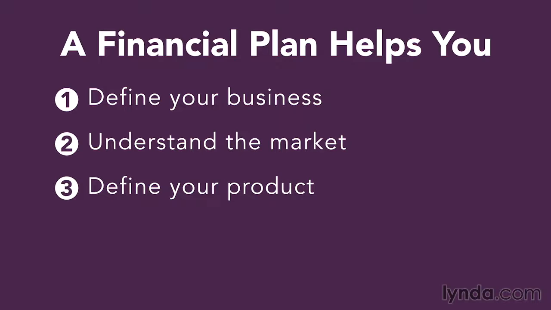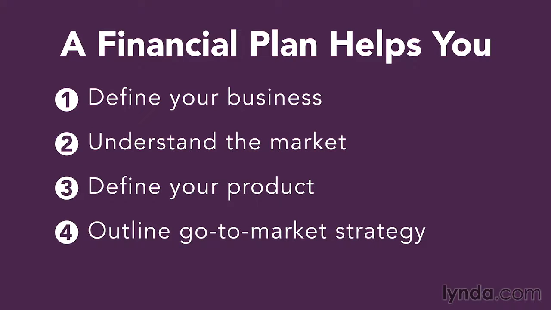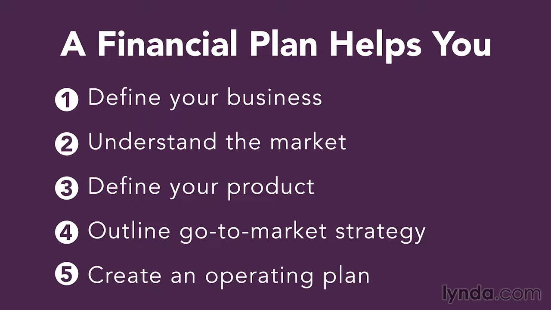Once you've defined that product, have a good understanding of how you're going to take it to market. After you've decided how you're going to take a product to market, you need to understand and articulate how you're going to operate that business and create an operating plan to support those operations. Now that means you're going to have people, and you'll need a plan for managing your people and the resources that come along with them. You'll also need to define the administrative responsibilities and how you're going to fulfill them.